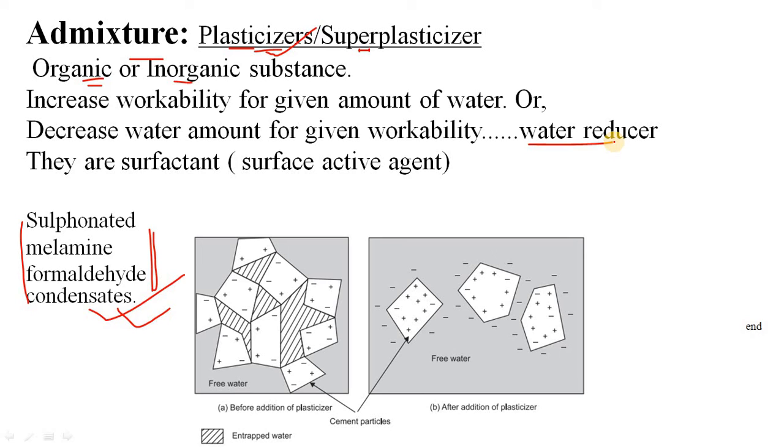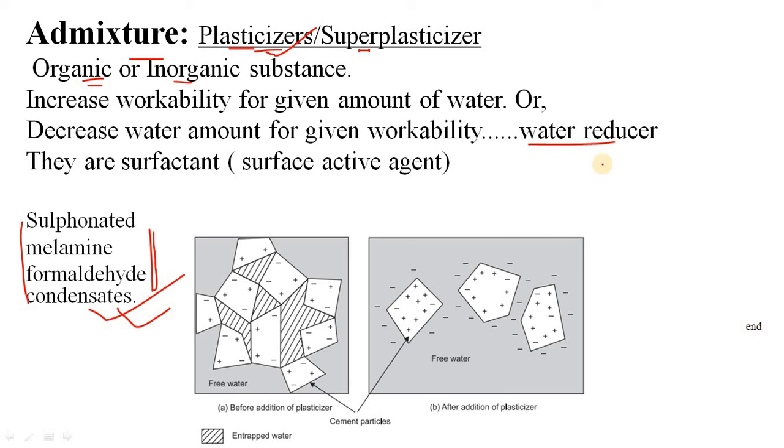Again, you have to make the concrete more workable so that you can pump it up to the 15th floor level of the building. So in those cases, what will you do? For strength criteria, you have to reduce the water content. It cannot be avoided. So how will the problem of lifting up the concrete or making the concrete more fluid be solved? The solution is your super plasticizer.